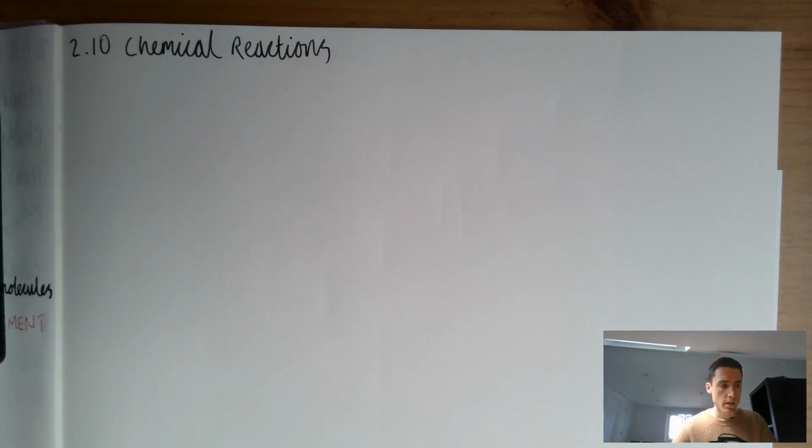Welcome to this fourth video in the unit on chemistry for Year 7. This lesson is about chemical reactions, and it's building on the work we've done so far about atoms and elements and compounds. In the last lesson we looked at molecules, and it's firstly reinforcing the first of our big ideas